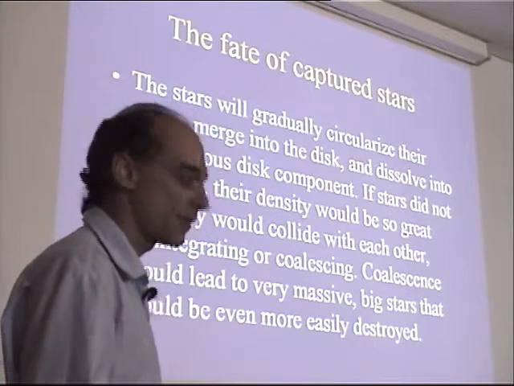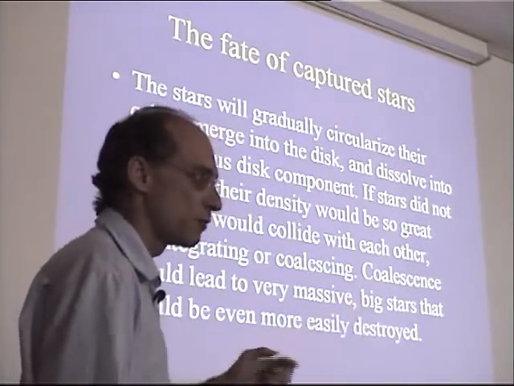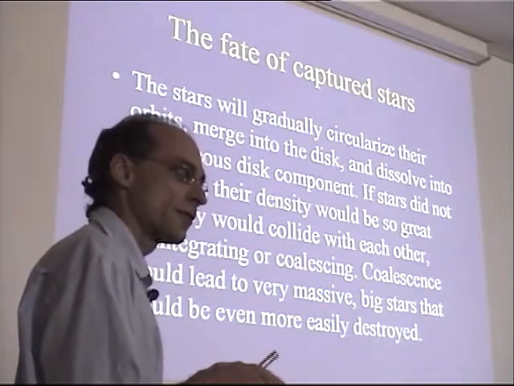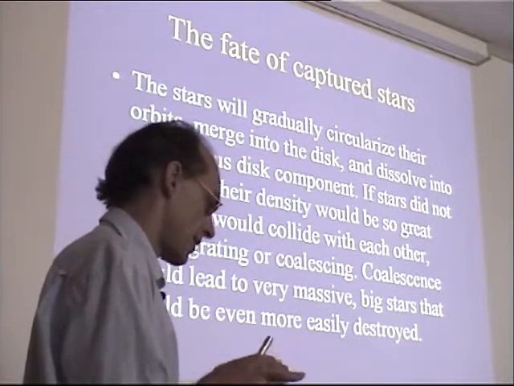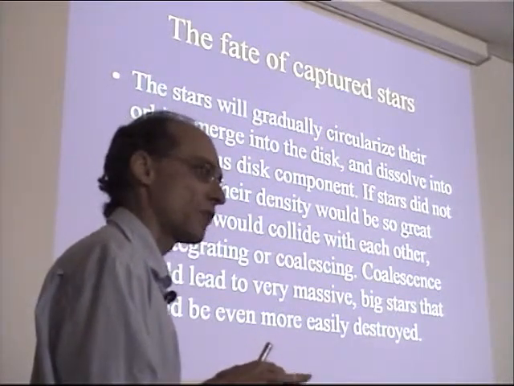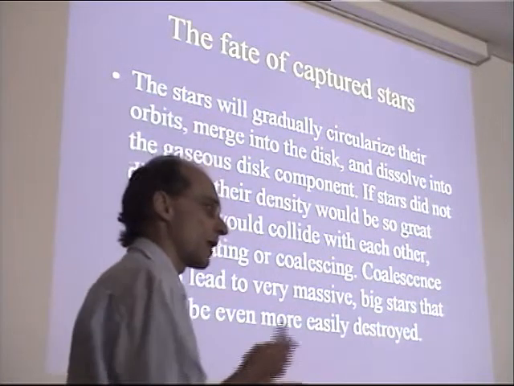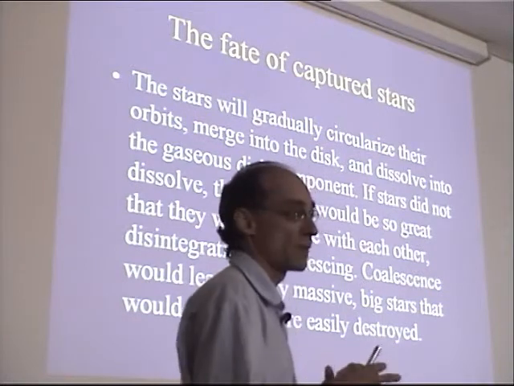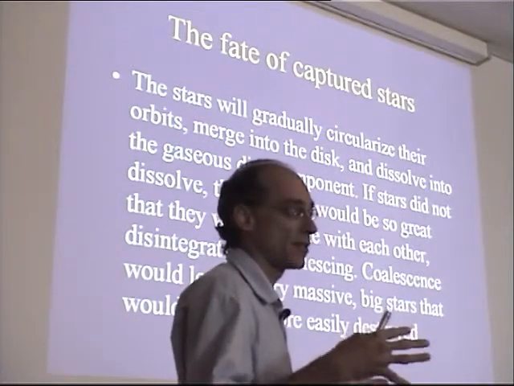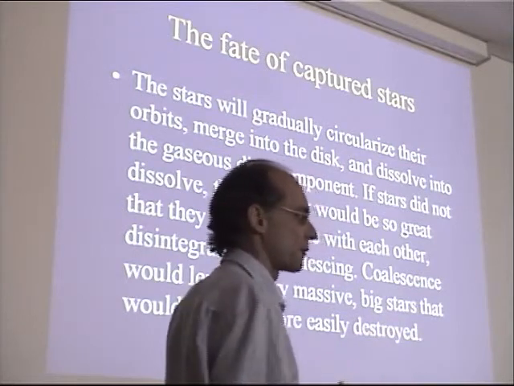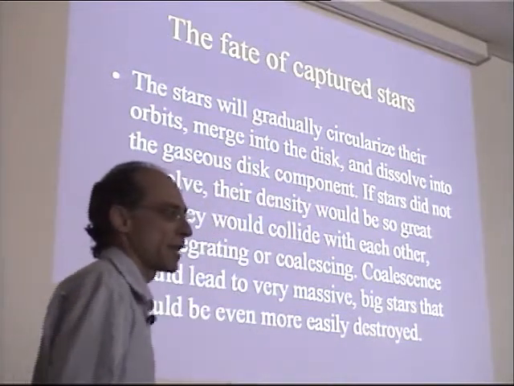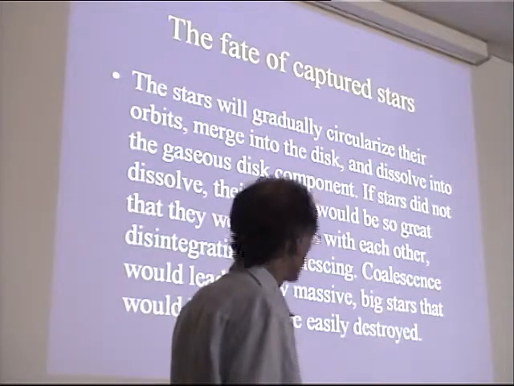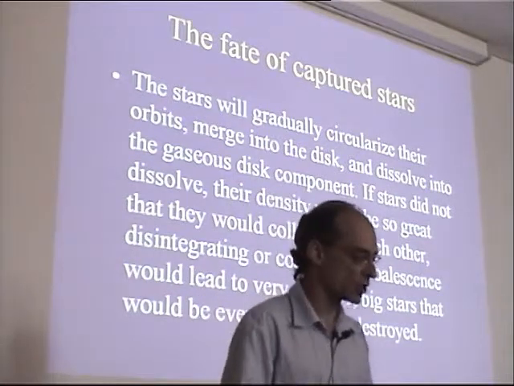You can count basically that if every star was in a circular orbit, then there would be more of them per unit of radius than they're able to fit in. So, within the ring of size equal to the diameter of a star, there would be more than one star in the disk. And so then they would have to somehow collide, and then they would coalesce. This would lead to stars that are more massive and more inflated, less dense, more easily destroyed. And this process of coalescence would go on until the stars would basically become unbound and be destroyed. So sooner or later, most of the material in these stars will just dissolve into the disk and become available for accretion.